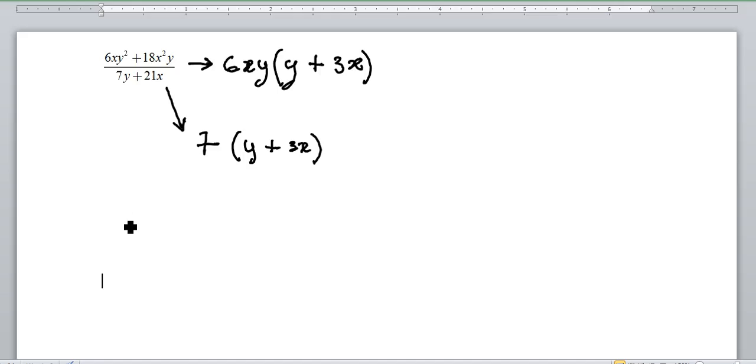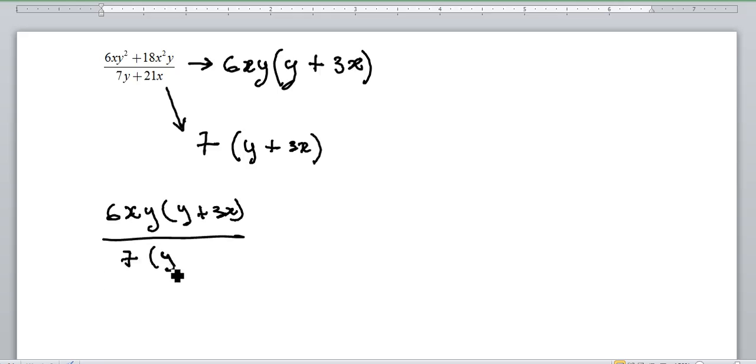Okay, so let us write that fraction back with the terms factorized. And the denominator is 7y plus 3x. You can clearly see now that there's a common factor of y plus 3x. So that's y plus 3x. We'll cancel this y plus 3x. So the final answer will be 6xy